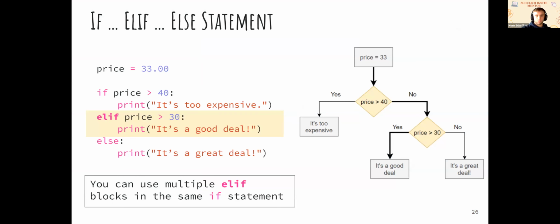We saw if and else, but now we have one more that's called elif. Elif is short for else if. You can have multiple elif statements underneath your if statement. The way to think about it is, elif is used if the first condition or the previous conditions aren't met, but there's another specific condition that you want to meet.